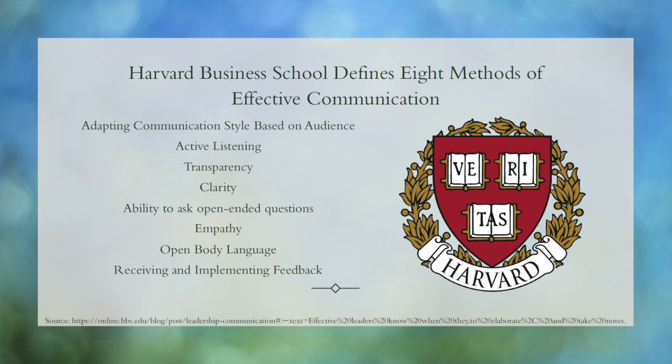And when we hear these things, we almost feel like they're common sense, that they make sense. Well, shouldn't somebody be empathetic if they're a leader? Shouldn't somebody provide some level of transparency so that we're not trying to guess their methodologies or what they want us to do? Clarity. If we don't have a clean vision, how can we as a staff really come together and make things better? So it really is interesting. They list out these 8 different methods of effective communication that almost feel commonsensical, while they may not be to others.